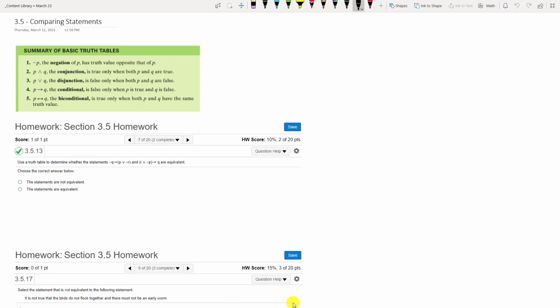In these examples here, we're going to compare two statements, decide if they are saying the same thing, if they are equivalent statements. And the way we're going to do that is just create truth tables for the two arguments. So I'm going to start by creating a truth table here. And just a little summary of the truth tables. This very handy little table